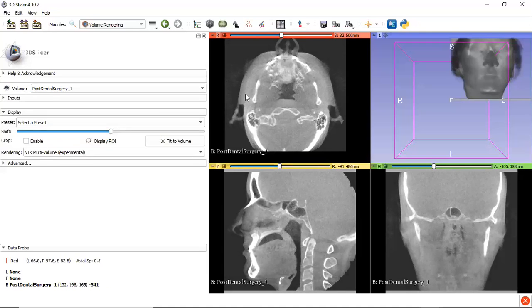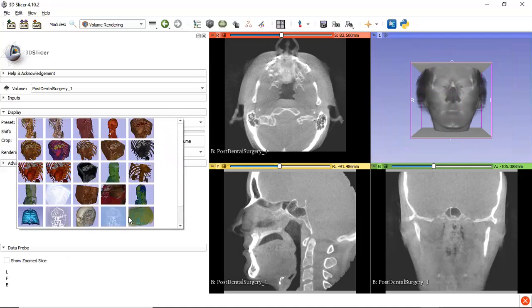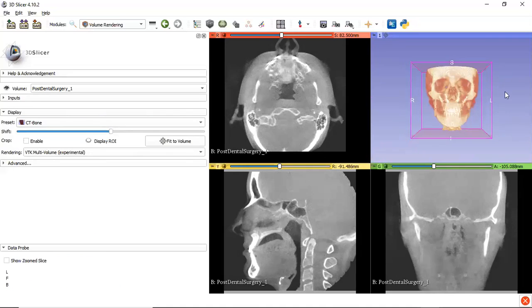The use of volume rendering is that it will give you a volume of the structure of the image which you're seeing. As you can see over here, let me drag it over to the center so it will be more clear. And I'll be centering it to the 3D box using this. It is centered right now. So let me select a preset for this 3D model. There are different kinds of presets available. The preset which I'll be using is known as CT bone. So it will give me the skull or the bone structure of the 3D volume which I have rendered.